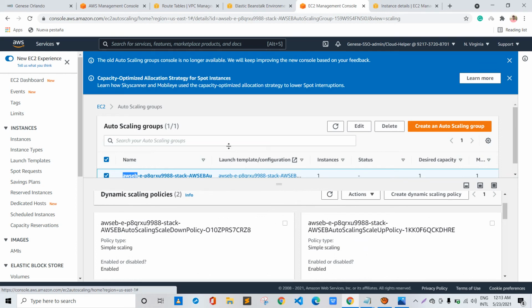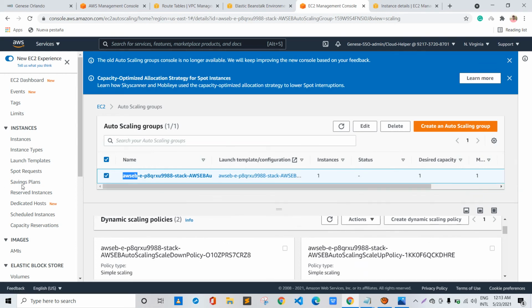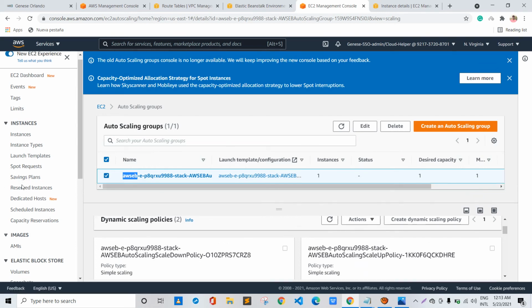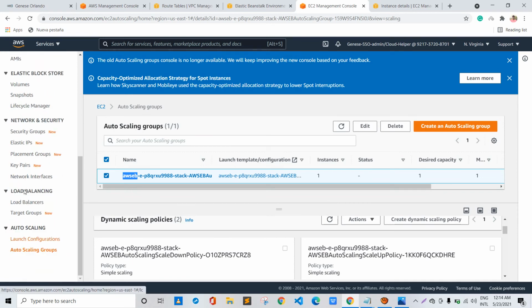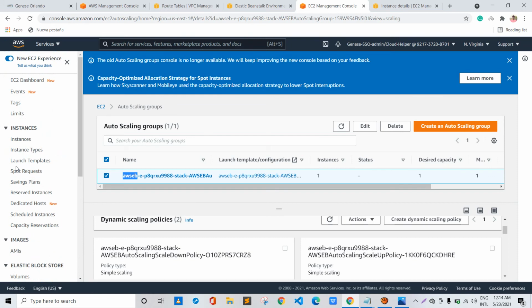All the actions that we have seen right now, that is creation of the auto scaling groups, launch configurations, load balancer, target groups, and EC2 instance, have been created by the AWS Elastic Beanstalk service automatically. So we don't have to manually create those, we simply need to upload the code.